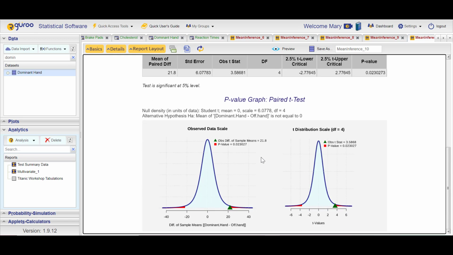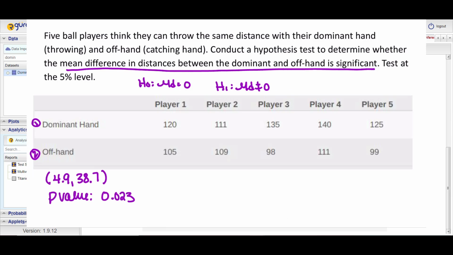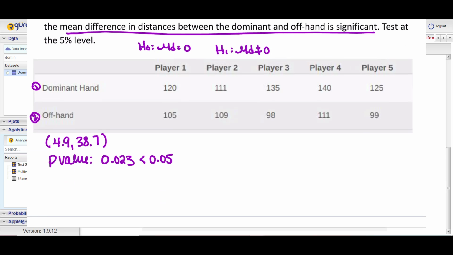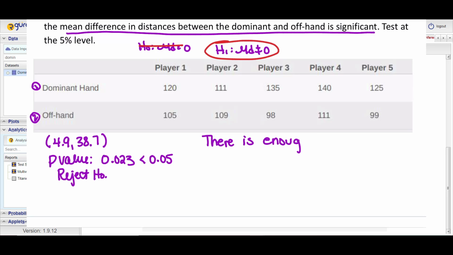There they are. Going back to the screen, we're doing 5%, so this is less than 5%. So if it's less than 5%, we reject the null. So we would say, because we're rejecting this, there is enough evidence for H1. So there is enough evidence to conclude